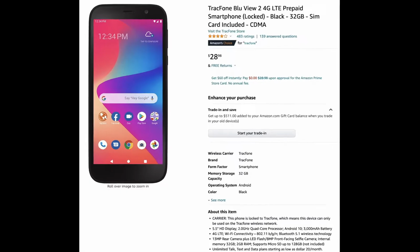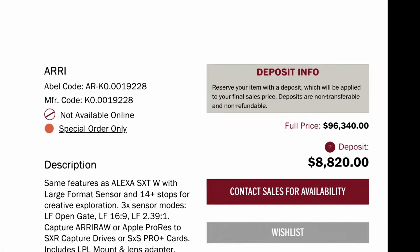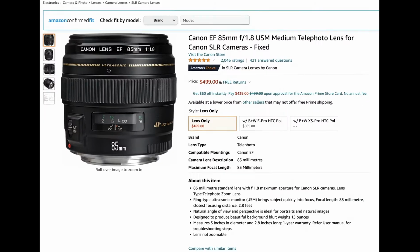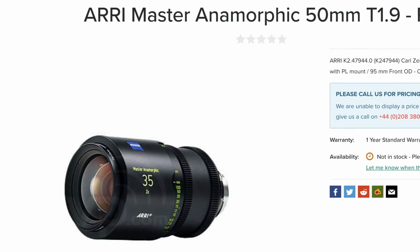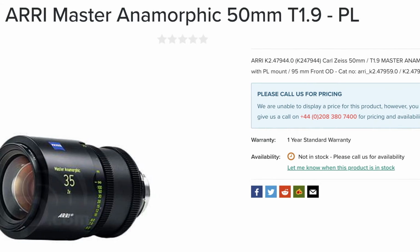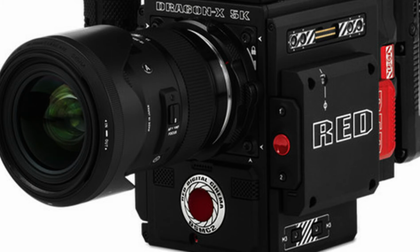The cost of cameras today varies wildly, with a smartphone at the lower end costing about $30, up to a professional cinema camera that can run well over $50,000. While a professional still photographer might use a lens that costs $500, which is well within the price range of the amateur, professional cinema lenses can cost well over $50,000 and are generally only rented by production companies to suit a given project. This is why the adaptation of still camera lenses is widely used today in many low-cost production